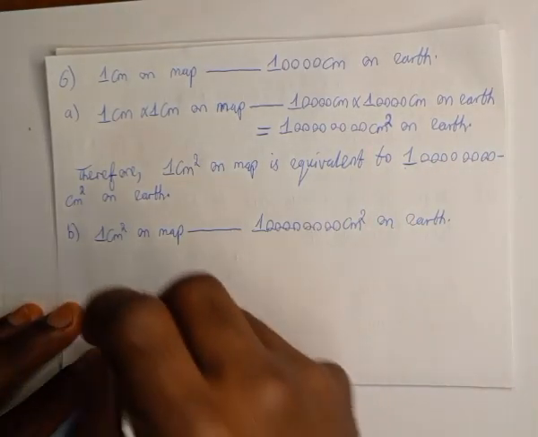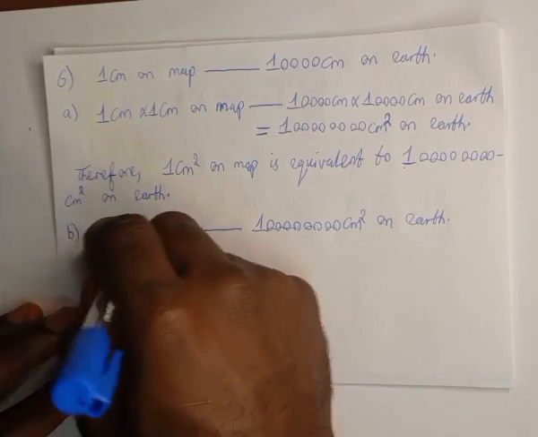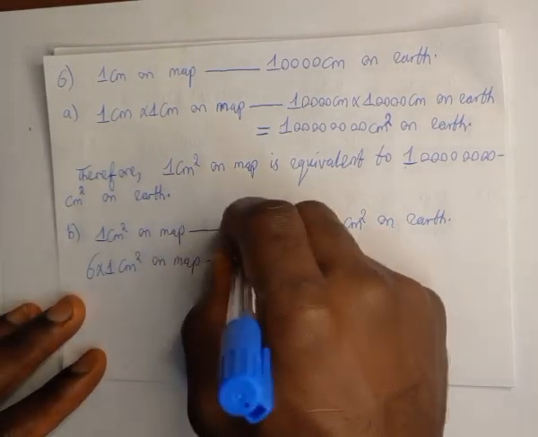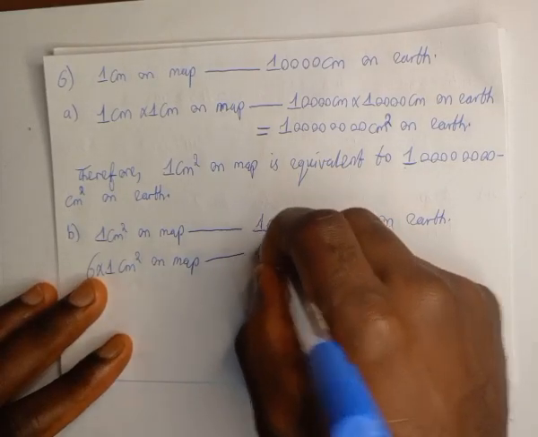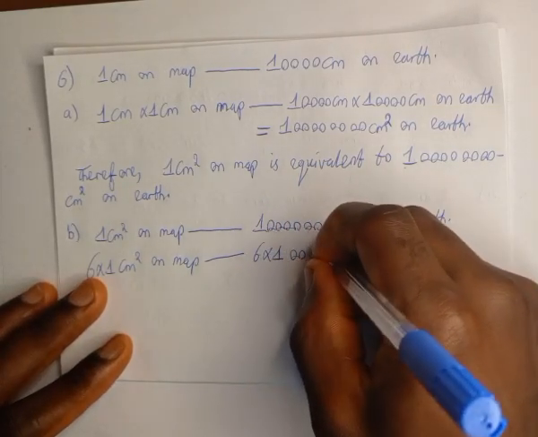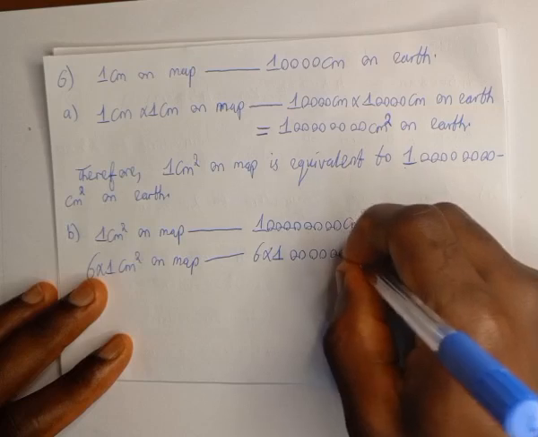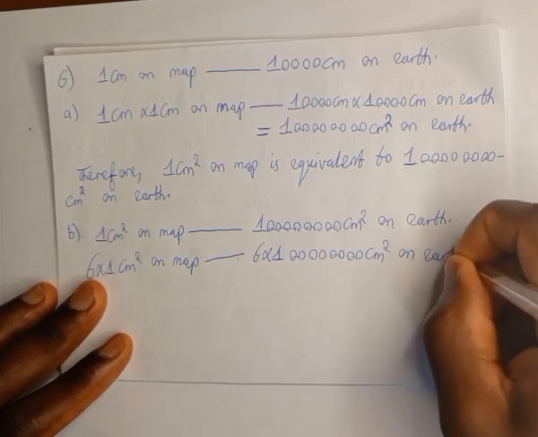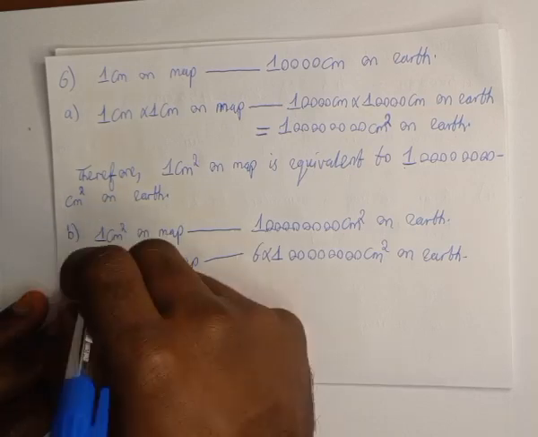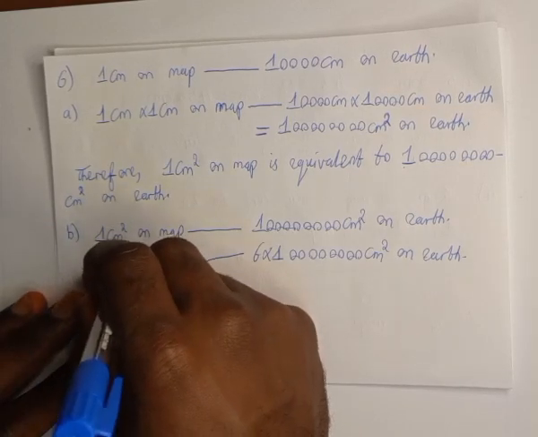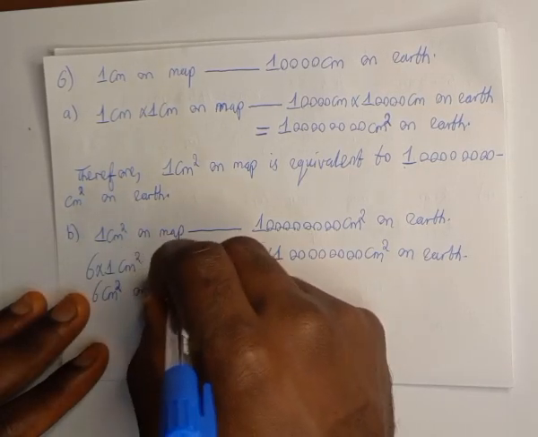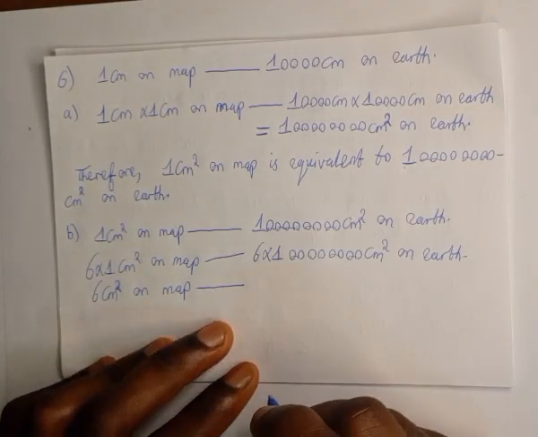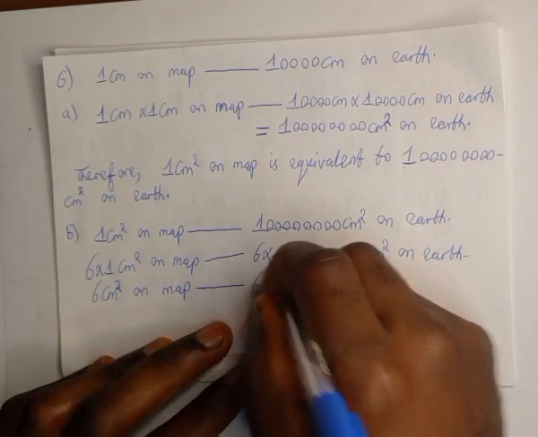If we multiply both sides by 6, 6 times 1 centimeter squared on map will be equivalent to 6 times 100 million centimeters squared on Earth. 6 times 1 centimeter squared gives us 6 centimeters squared on map will be equivalent to 6 times 100 million gives us 600 million